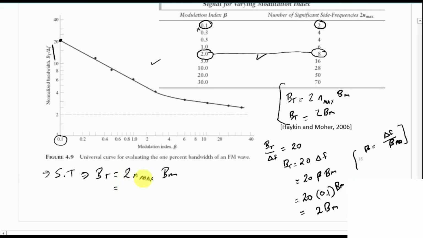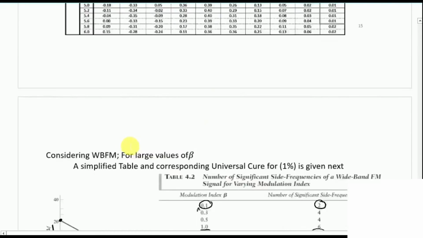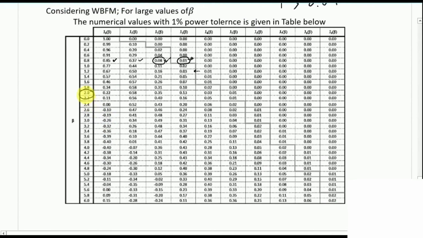So 2n max is over here 8, so we can say this is equivalent to 8 bm. Simplified table. Let's check this with respect to the extended table. So this is 2n max bm. So in the extended table, which is over here,